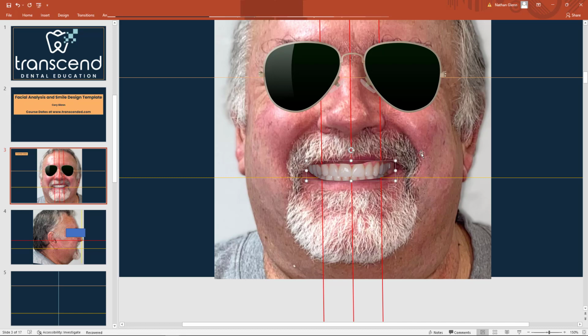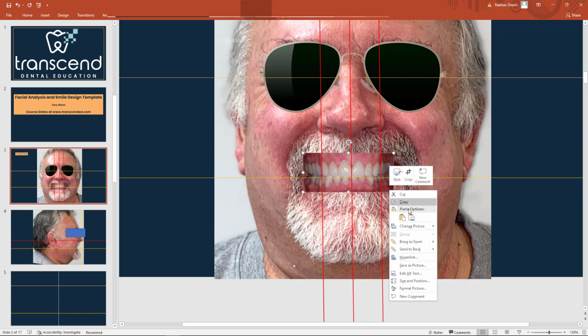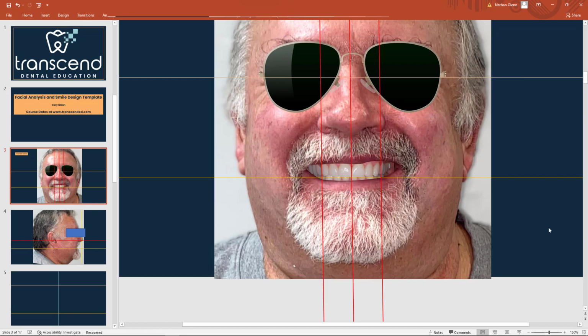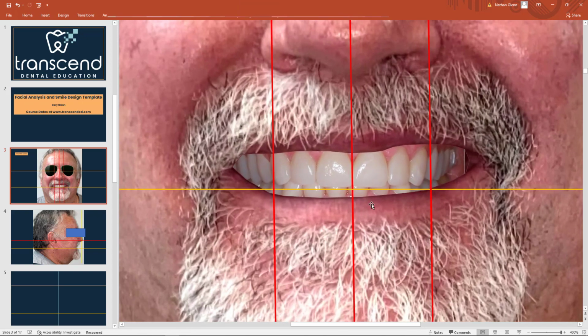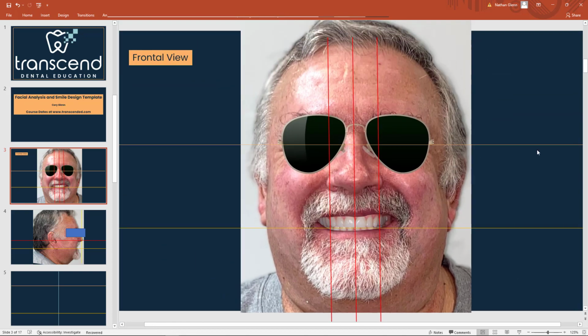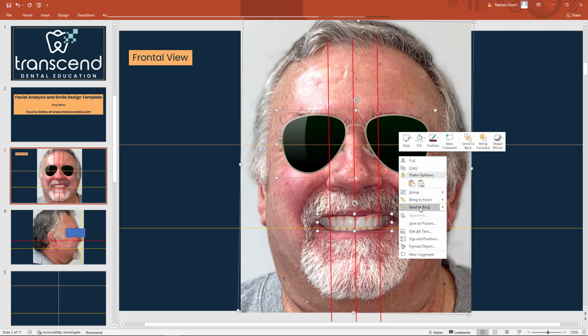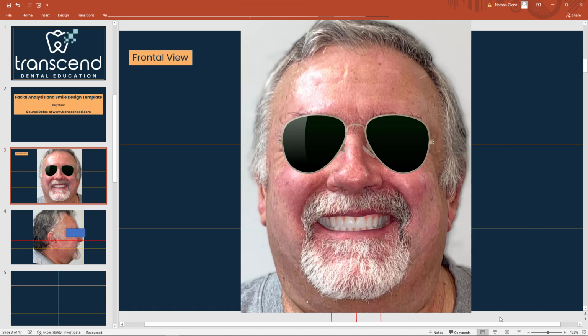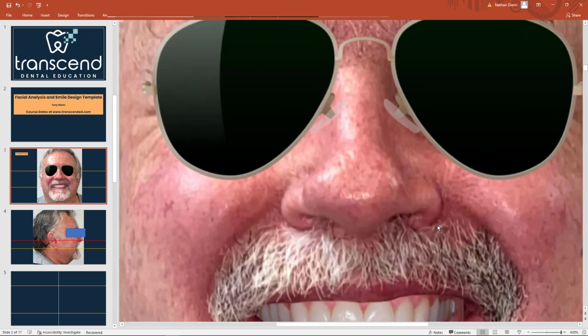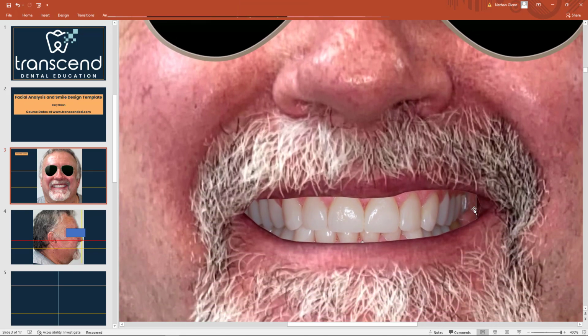I can put that behind the lines or in front of it. So let's try sending to back first, and we'll see how well we lined everything up. Midline's dead on, incisal edge is right there on the right spot, inner canine width is good, and that looks like a good simulation to me. If I was to bring that all to the front where you don't see the lines, now again you can see the simulation. Now it's a little squirrely right here because this picture wasn't quite wide enough,